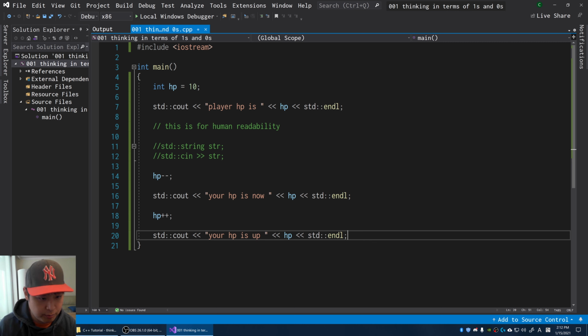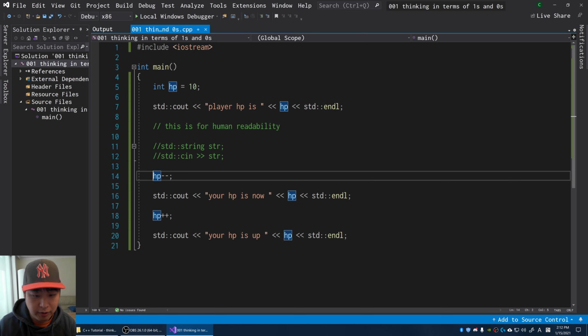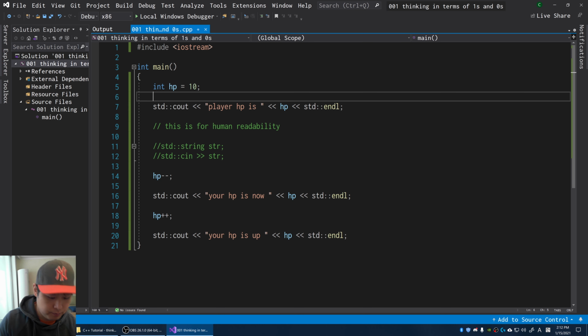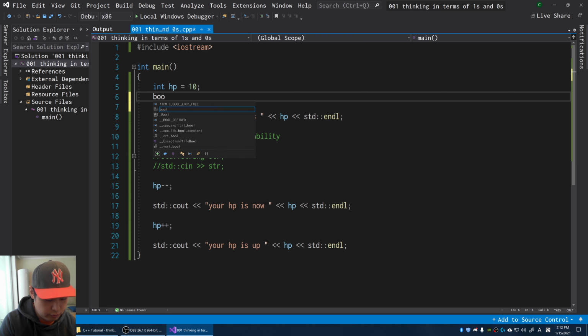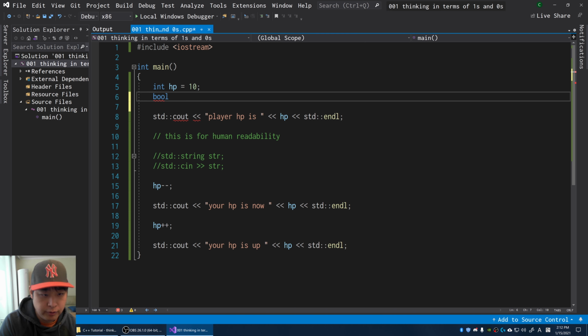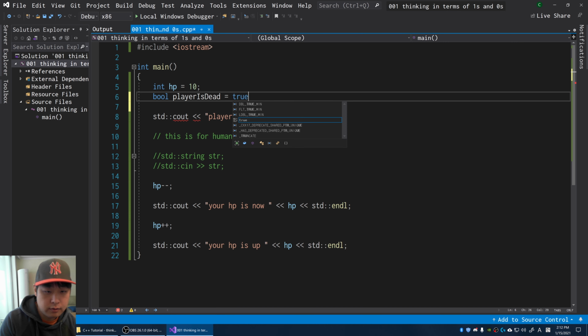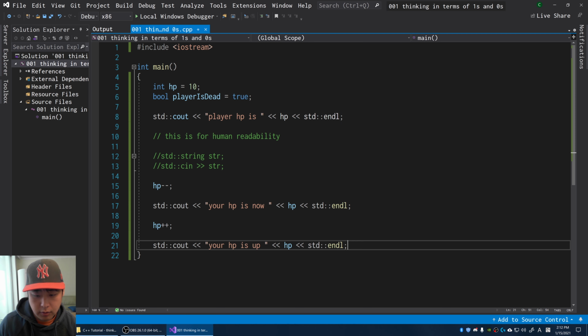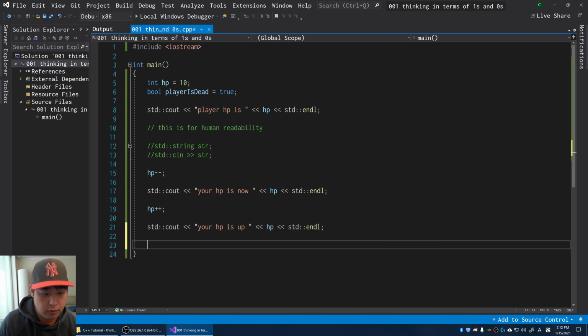There are many things that you can express on your computer. So far, we've only expressed integers, which is HP. But I can also say bool, which means true or false. As a variable name, I'm going to say player is dead. I'm going to say true. So down here, I'm going to type in is player dead, and that's the answer.